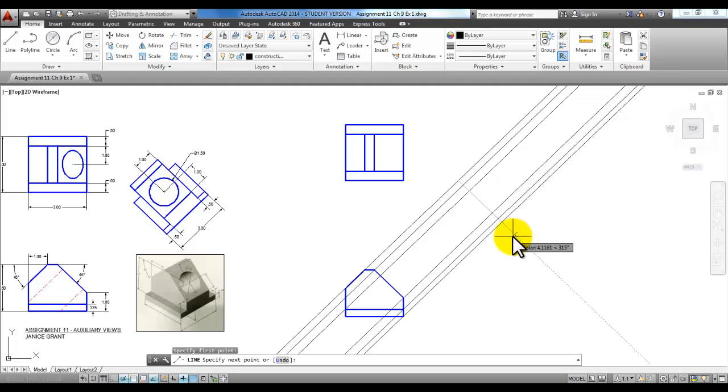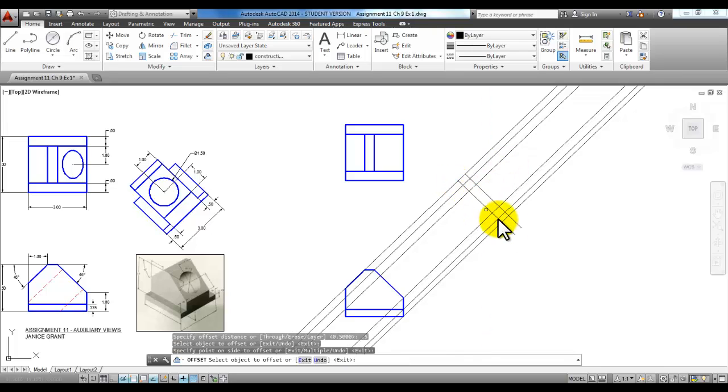point. I can create some construction lines, although you can see that you might be able to just draw it with the object layer. But I'll go ahead and create some offsets. So I'll start the offset command and type in here 0.5 and enter, and offset this line over to the right 0.5, and then another offset of 3 from this first line again over, and then one more offset in this direction of 0.5 again, but this time I'm going to select the new line here and pick to the